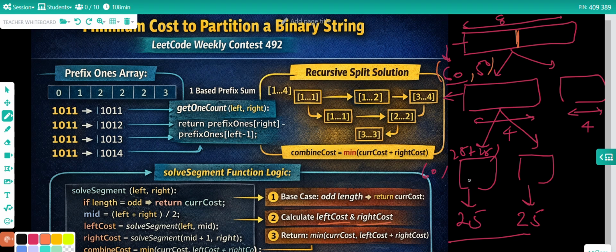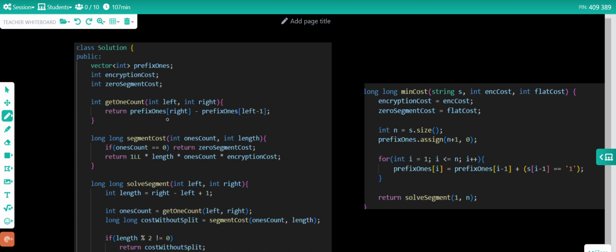Left cost means the cost of the segment on the left side, and the right cost is the cost of the segment on the right side. We will return the minimum of the current cost and the left cost plus right cost. So the solution is very simple.